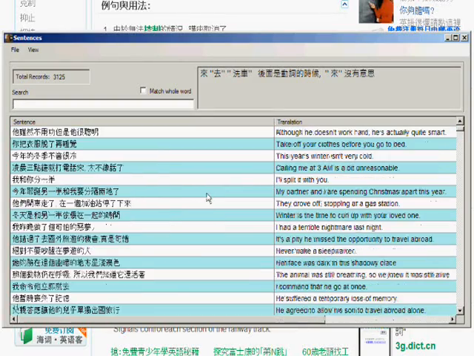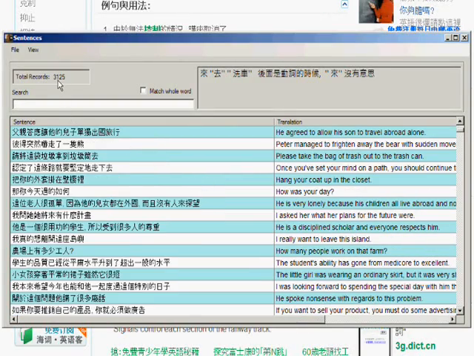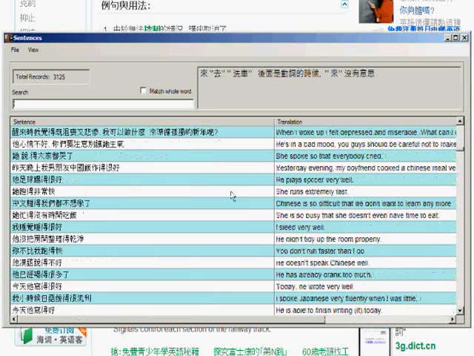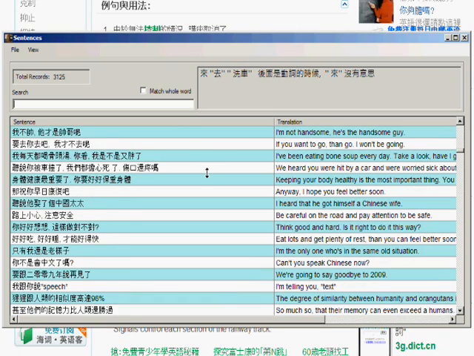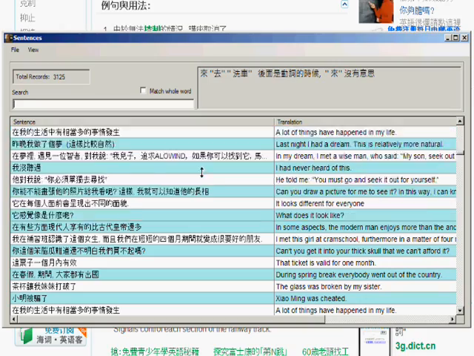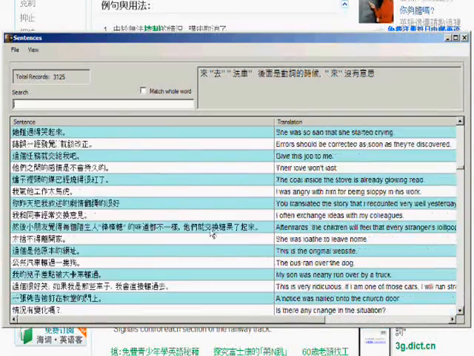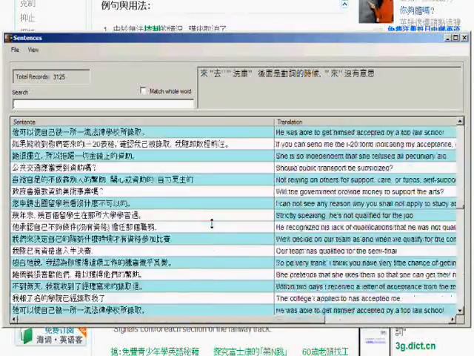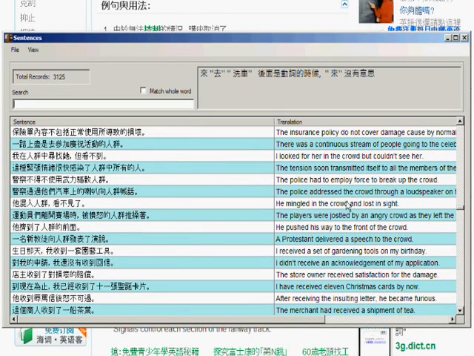It started out initially just as a way to keep track of sentences that I encounter in Chinese. Right now you can see the number of records is 3,125. These are all sentences I've seen in Chinese. This program was initially designed to help me study Chinese because I was getting irritated because I couldn't find any good software that I liked to help teach me Chinese, especially with regards to writing. So I was like, alright, fine, I'm going to write my own. So I started working on this project, and you can see that it's got quite a few sentences. You've got the sentence here, the translation.